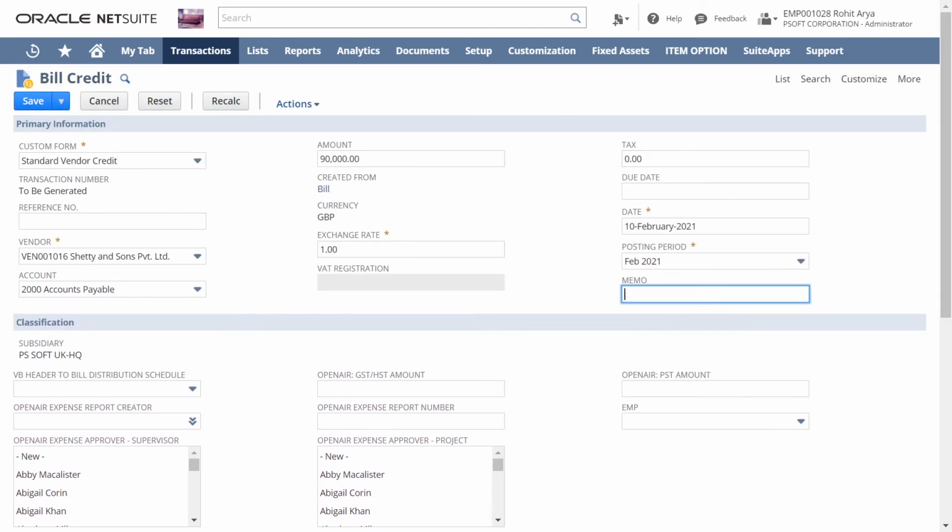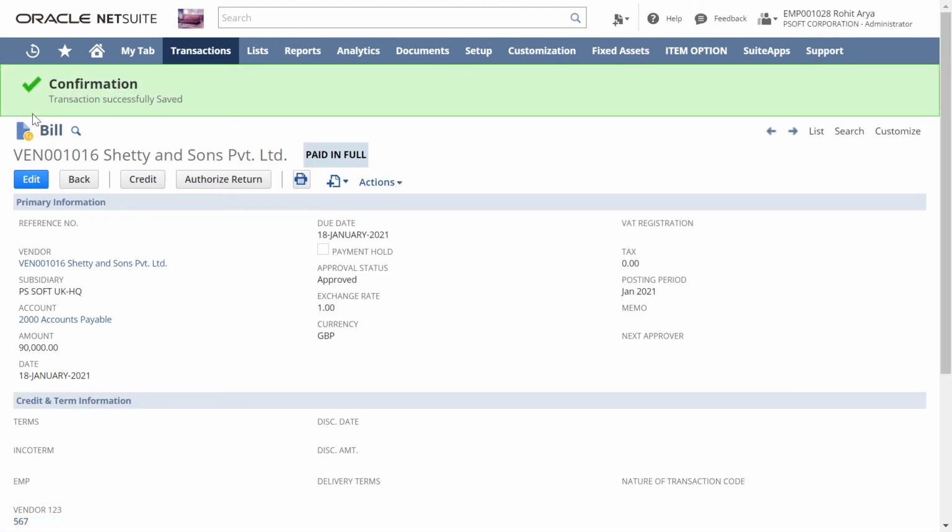Here also we will give a memo to it, and now we will save it. You can see we have received the confirmation.